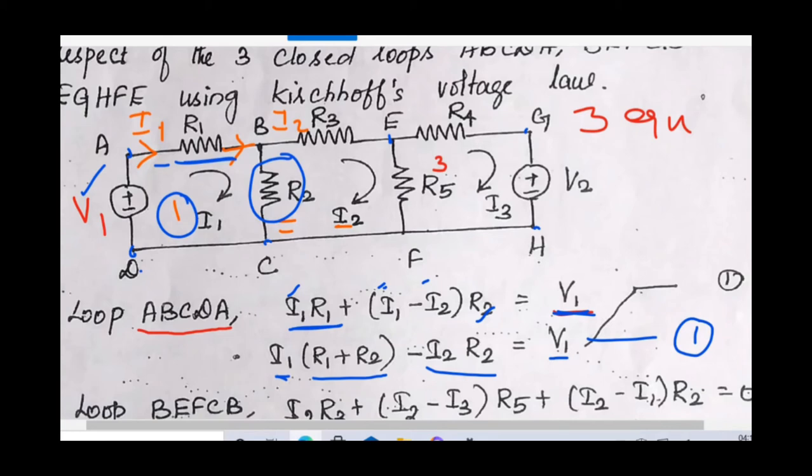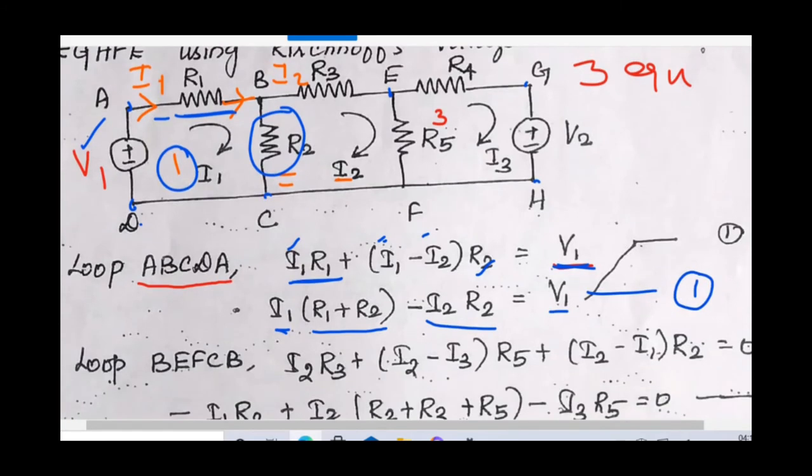Then write an equation for the second loop. How to write the second loop equation? Here there is no voltage source, so potential rise is equal to 0. No voltage source supplies a current; it receives a current from either V1 or V2. Fine. So we consider all the current equations in a clockwise direction. Freeze it in our mind: all current equations are in a clockwise direction.